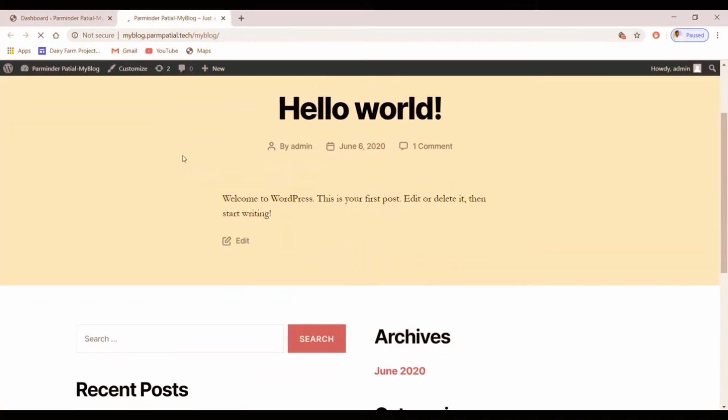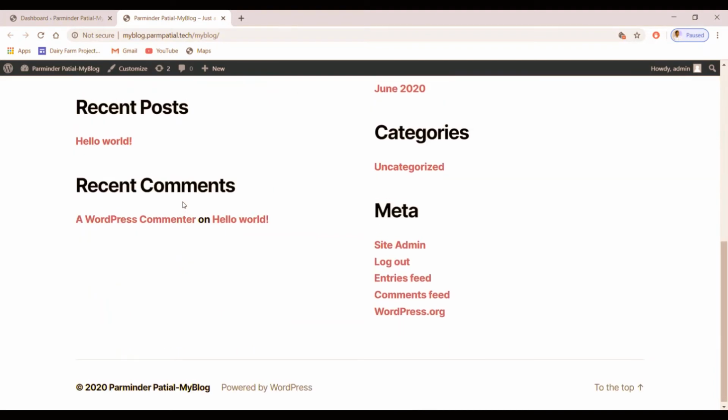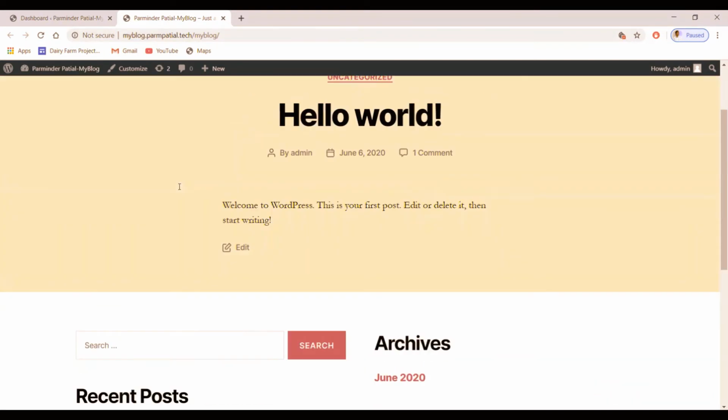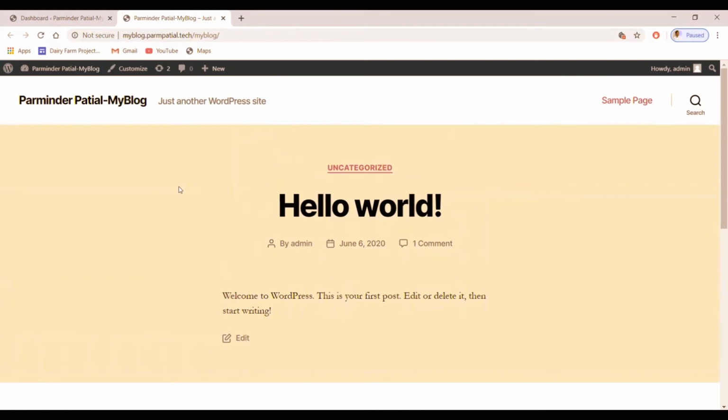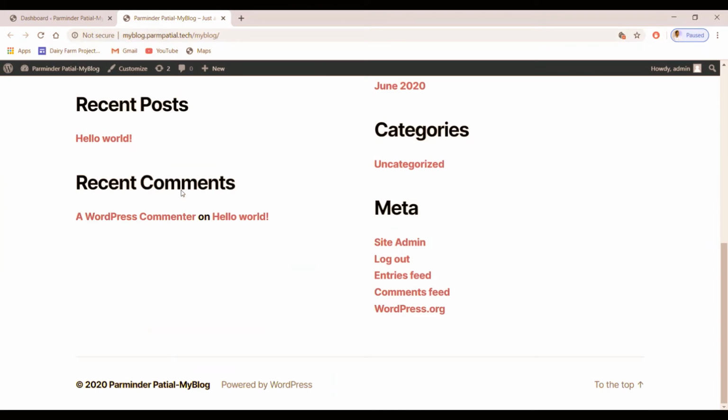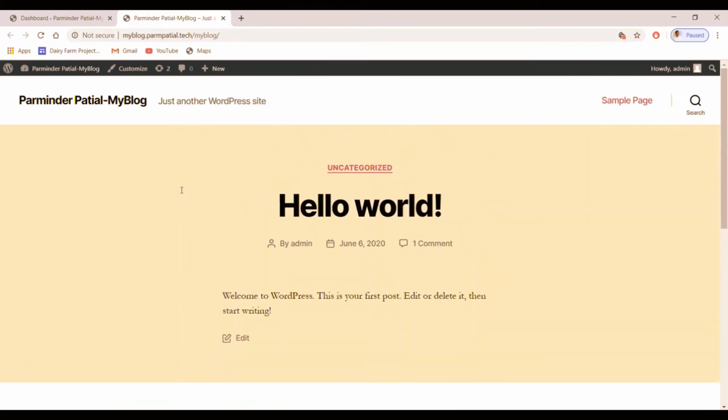Here you will find your website. This is a simple WordPress website to which we have not applied any changes till now. This is how our WordPress website looks to our visitors.